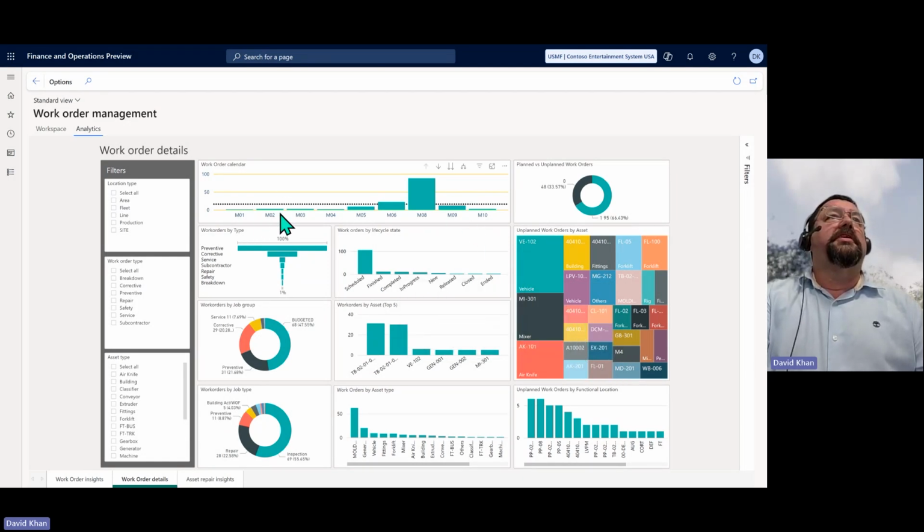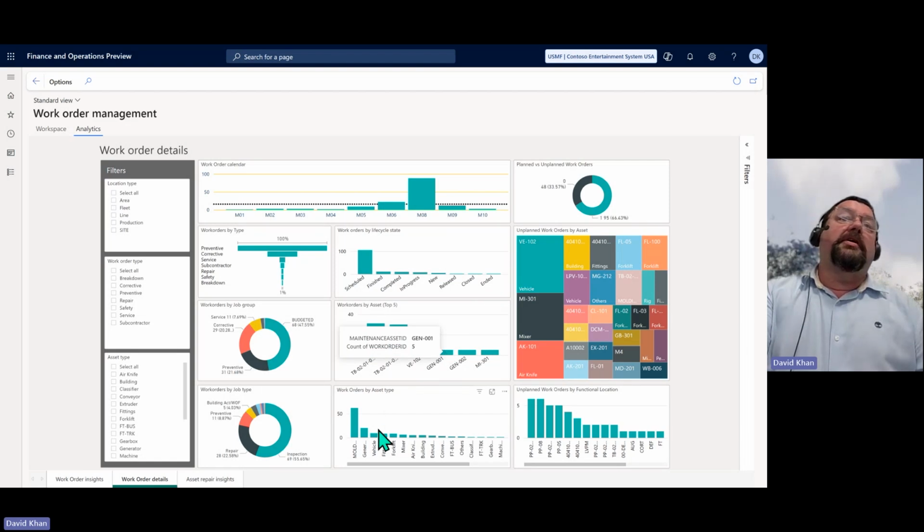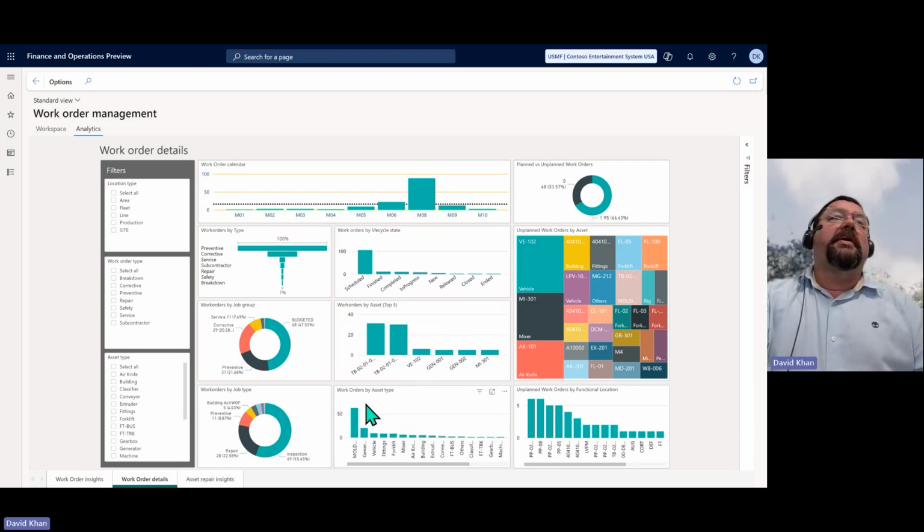Up the top here, we get work order calendar by job group, etc. What current life cycle state. This gives us good analysis into where some bottlenecks might be in the work order life cycle, and that might be at the close stage, and we find that most of our work orders haven't been finished or finalised correctly. So that gives us a bit of a task to go through and clean up our data and just correct that, make some corrections. We have work orders by asset. We can see which assets are consuming most of our time and materials, or by asset type, as we mentioned before, and the types